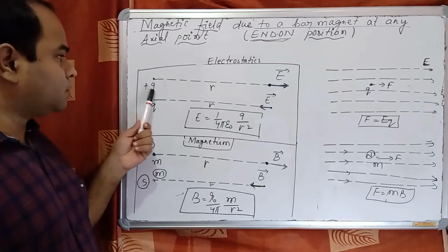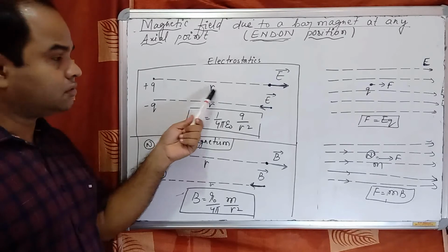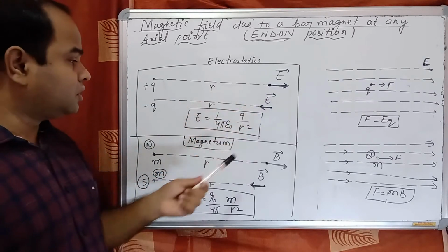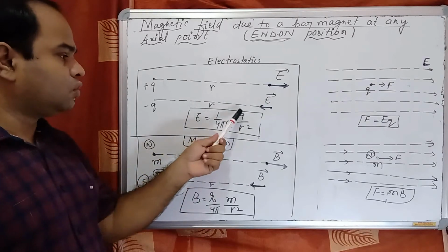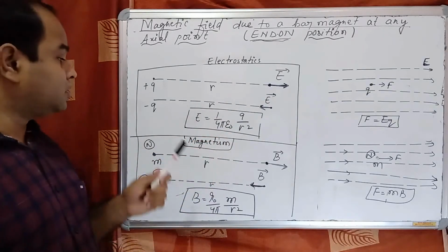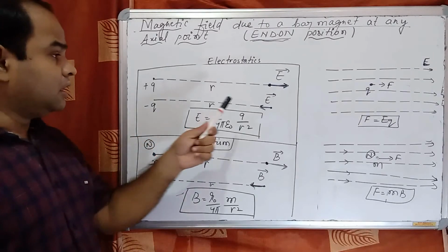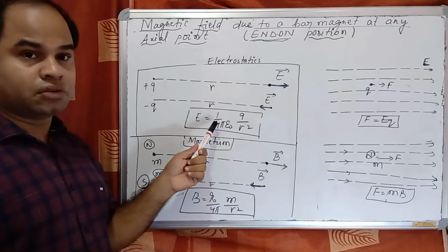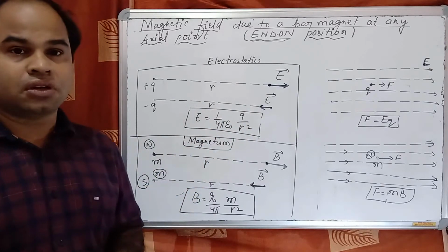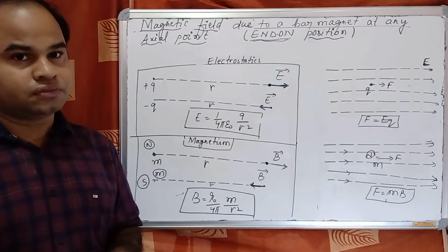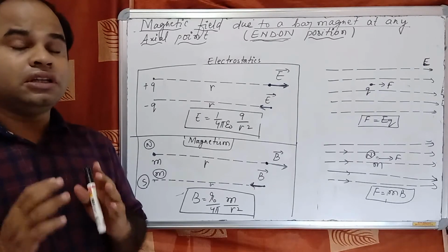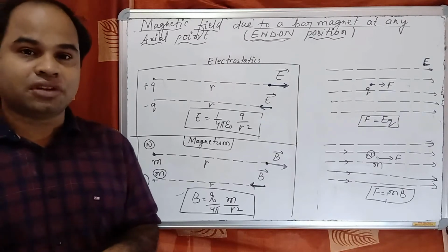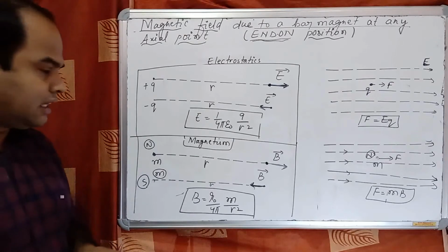यदि positive charge थियो at r distance from the positive charge, the direction of electric field is outward in nature, and the magnitude is 1 by 4 pi epsilon naught q by r square. Similarly, यदि हमें negative charge नबा, direction टा inward आसिबो and magnitude समान रहबो, that is 1 by 4 pi epsilon naught q by r square. ठीक है. Positive पाई direction of electric field is outward, negative पाई direction of electric field is inward. ठीक है. Just like that, हमें magnetism रे